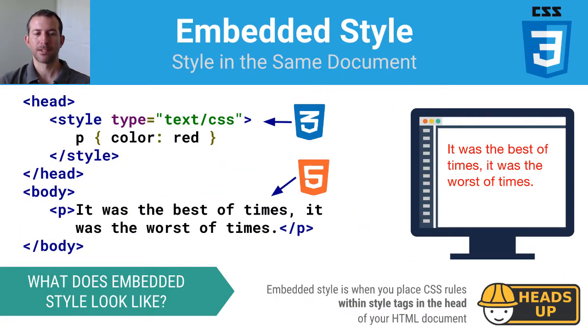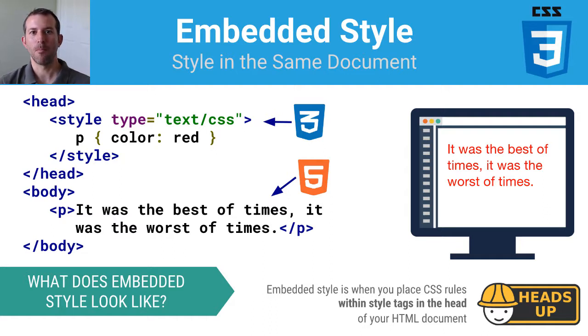That looks like this. Here I have a head and a body. In the head, you will see that there is a style element. Notice how it says type text CSS. Within this opening and closing style tag, I can specify as many CSS rules as I want. Here, I've done just one rule, a paragraph element selector with one style declaration, color red. So the exact same thing we did in inline style, but just showing you how to do it with the